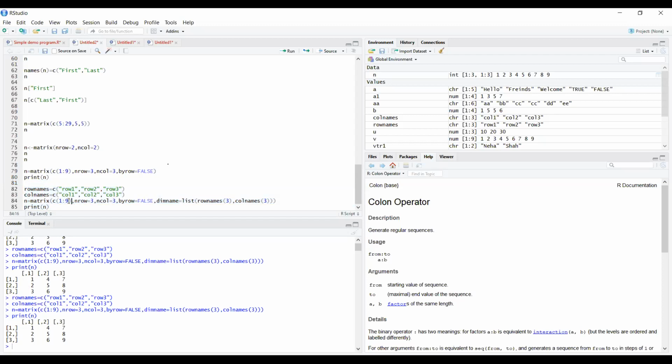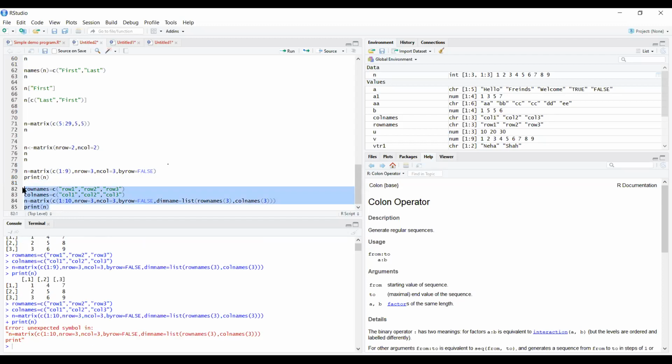If I increase the range, it shows me that the range is not proper.